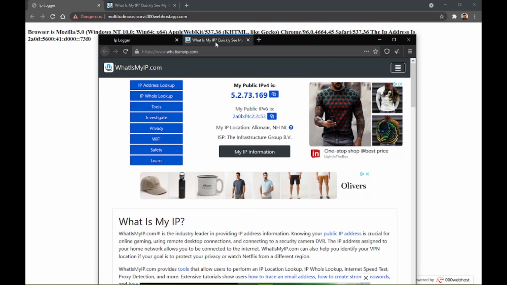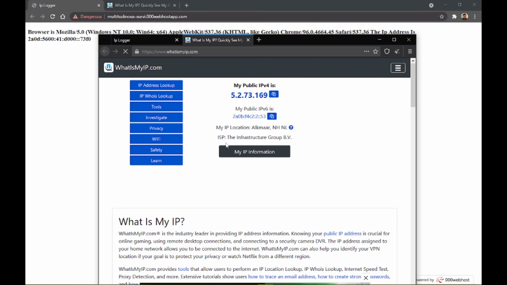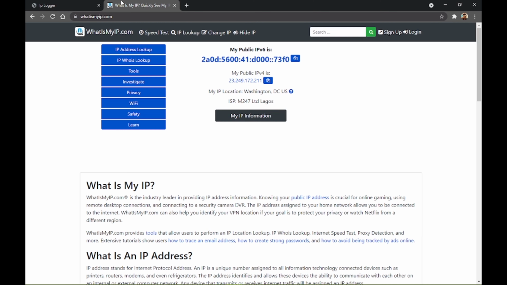And if I go to this, what is my IP address? Oh my god, it is giving me another location, Alkmaar here. I don't know how to pronounce that either. So it is again giving me the IP and ISP information, and on the Chrome it is giving me my IP location, Washington, and also the ISP.